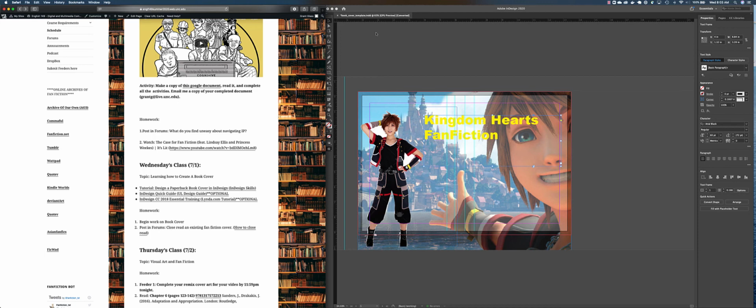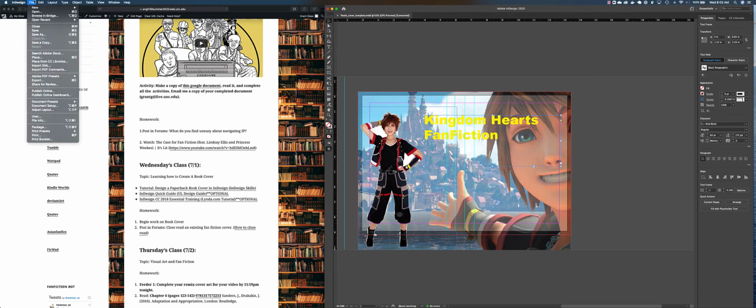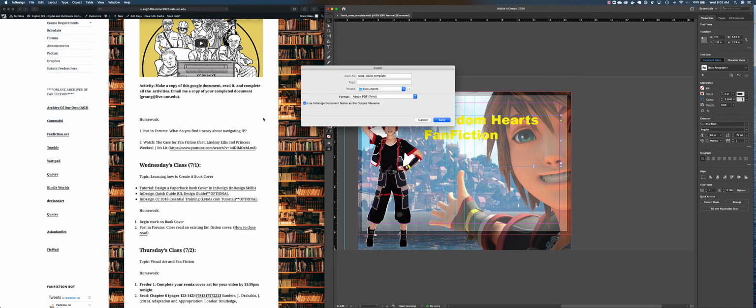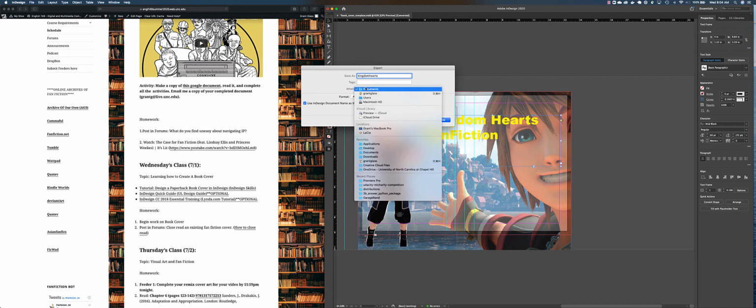Now, when you're ready to turn this in, I want you to export this, and you can just do it as an Adobe PDF print, and you can name it something like Kingdom Hearts.